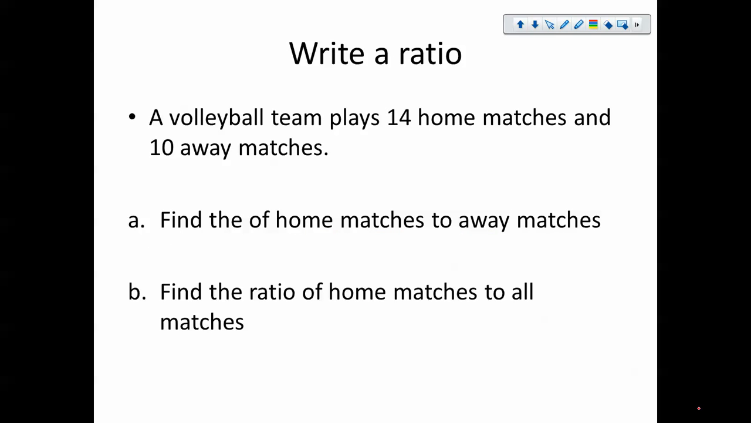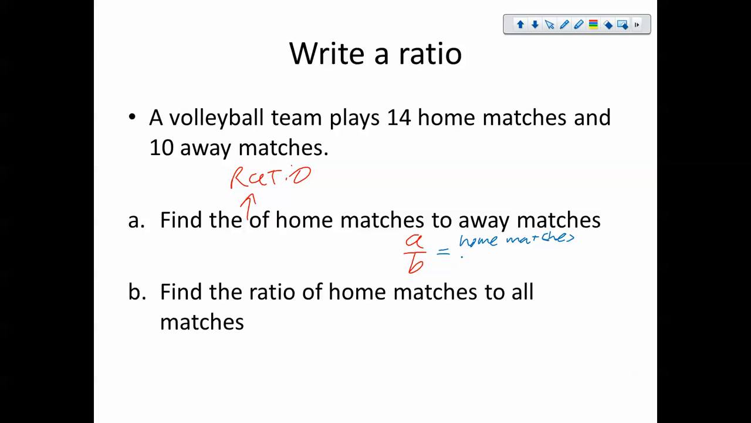A volleyball team plays 14 home matches and 10 away matches. Find the ratio of home matches to away matches. If we're making a ratio, remember, it's just A to B. So if I'm looking for home matches to away matches, the ratio I'm looking for is home matches